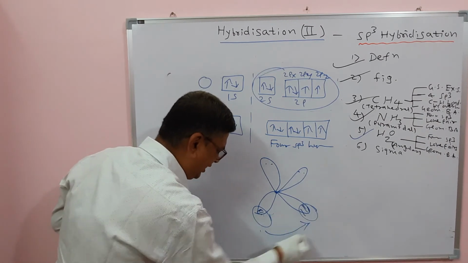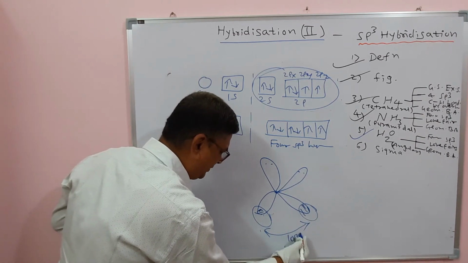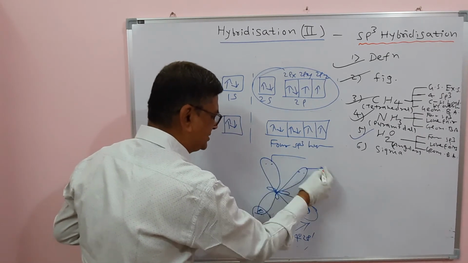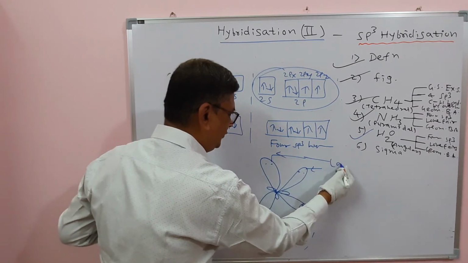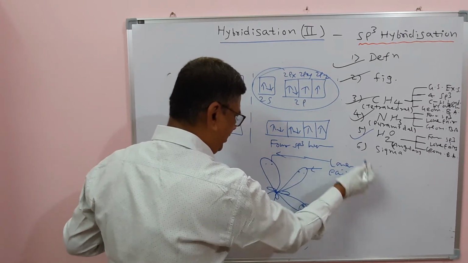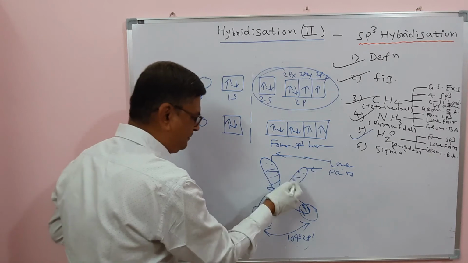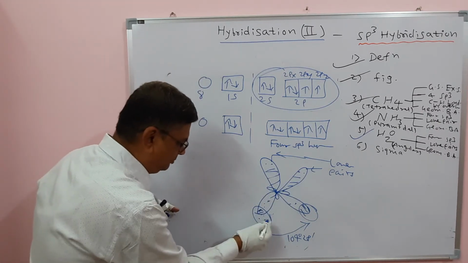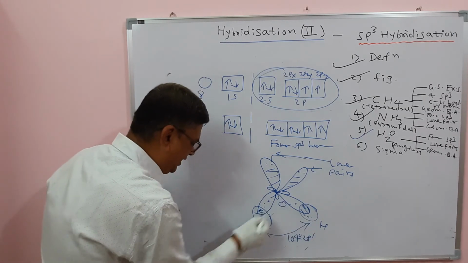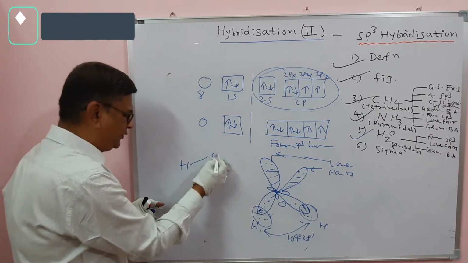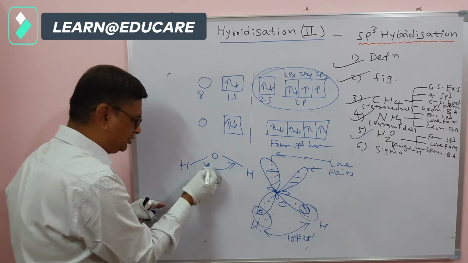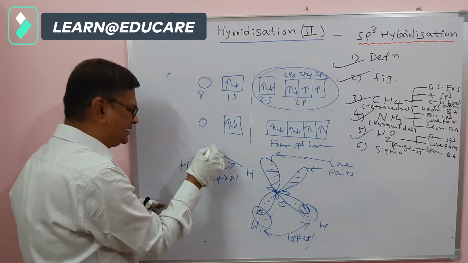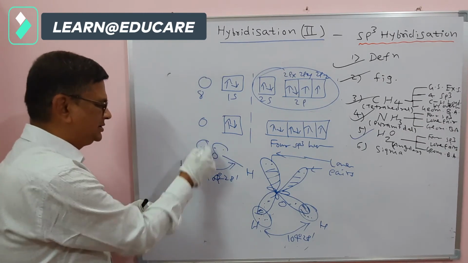The bond angle is further reduced because of 2 lone pairs. Now repulsion occurs between the electrons, something like this. These 2 are lone pairs. Due to lone pairs, the bond angle gets reduced. Lone pair means the extra pair which is not taking part in bond formation, and these are called bonding pairs. So this is how HOH, the water that we drink, has such an angular structure with bond angle 104 degrees 28 minutes, and it has such 2 lone pairs.